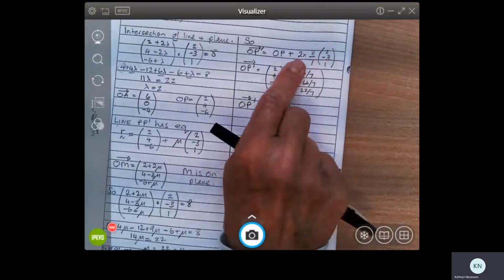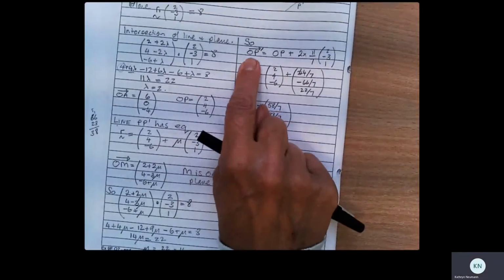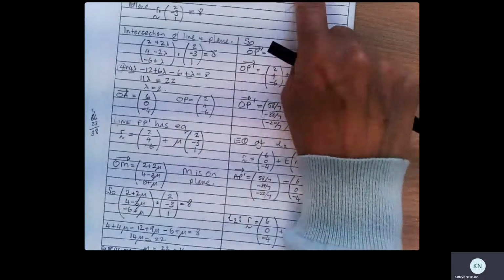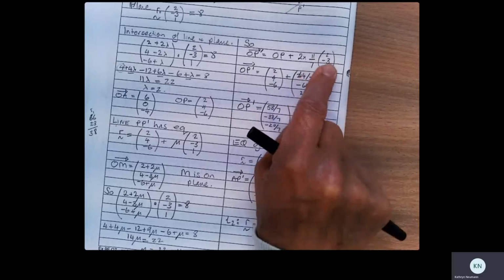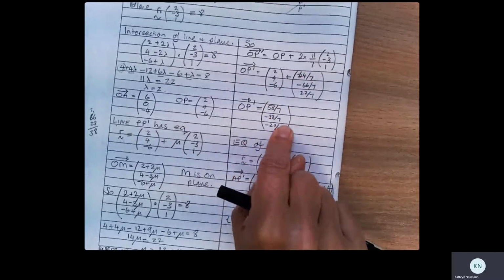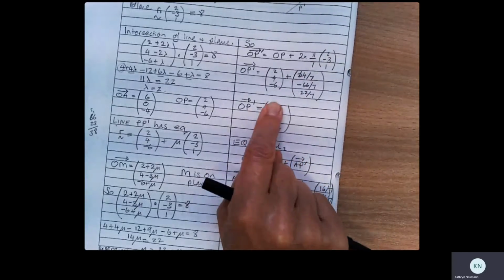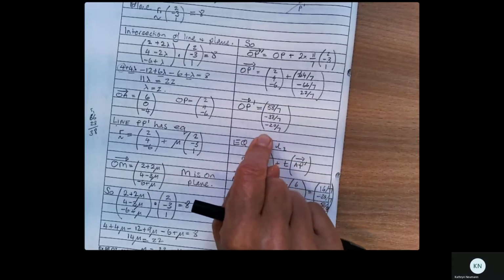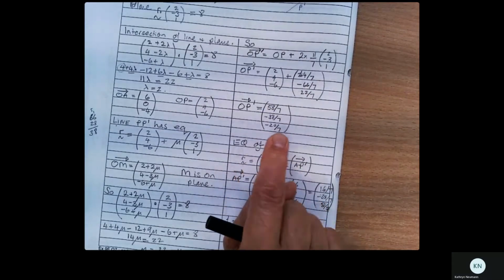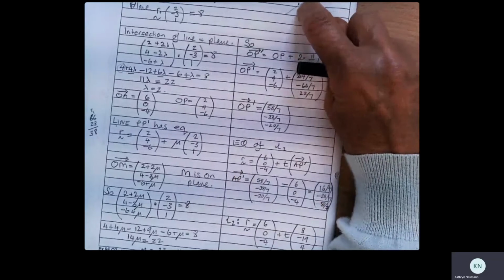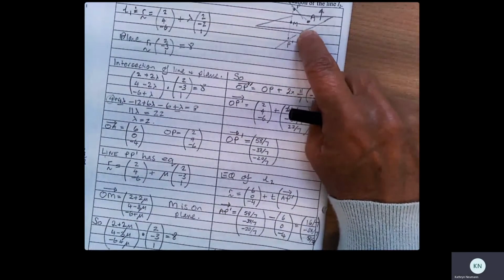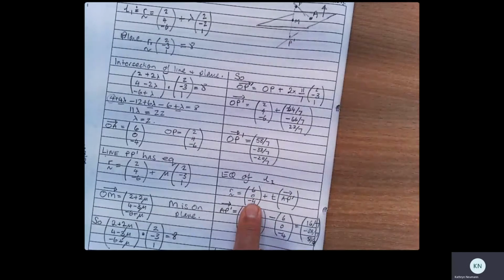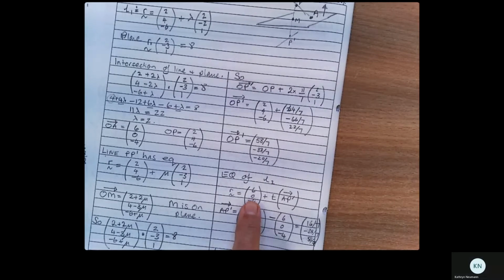So we now know how to work out O to P dash. So O to P dash is O to P plus 2 times 11 over 7. And that gives me the coordinates of O to P dash as being this here. The numbers work out really uncomfortably here. So now I want the equation of this line, this line here, A to P dash. So that's going to be 6, naught, minus 4. That is the point